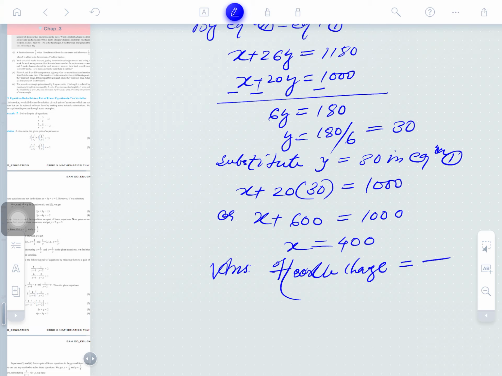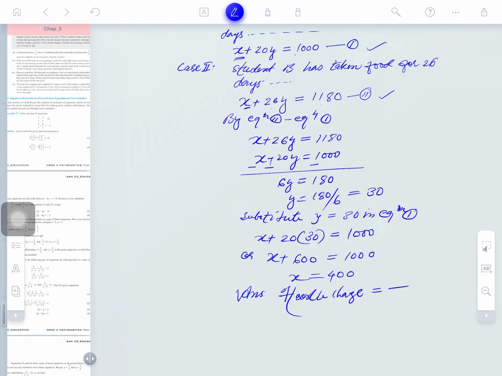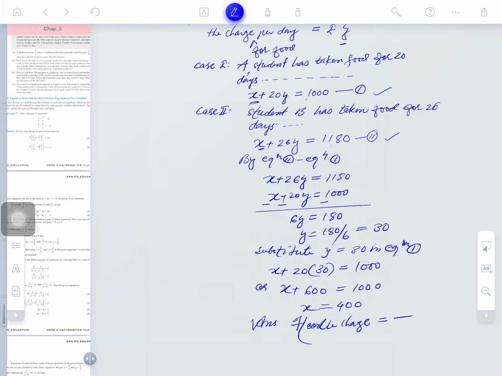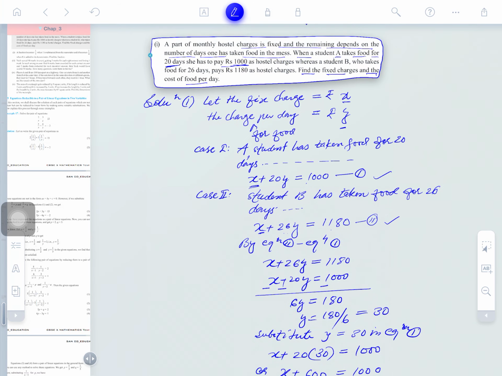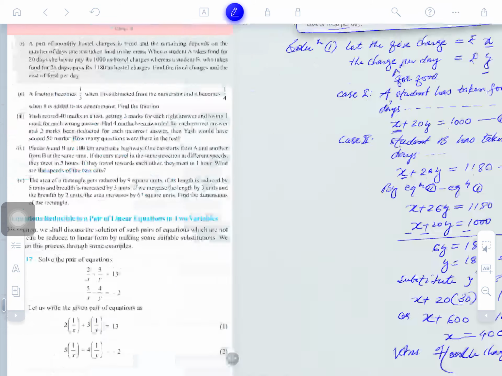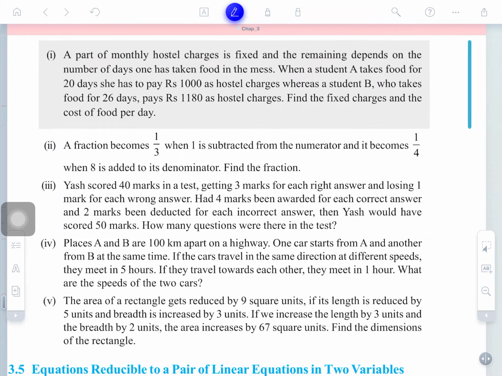Is that clear, guys? So what method is to be employed by you? The method you want to solve the question with depends on you. Which method do you like most here? Is that clear? And the length of the solution is also before you. Okay guys, well understood? Now I am solving the second question here.